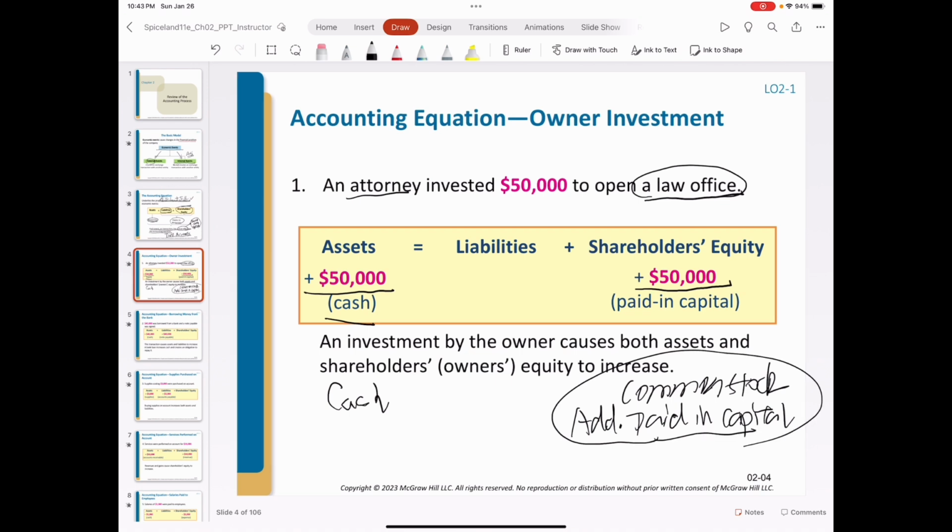For a partnership or sole proprietorship business, we just record investment by owner. Different accounts, but they refer to the same thing. Okay, these both represent the contribution by the owners, applied to different types of business.